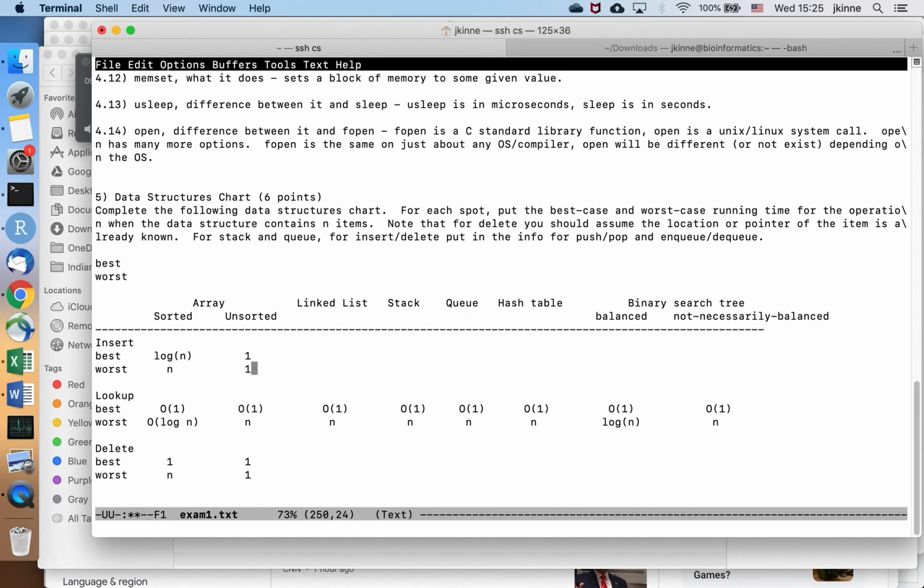All right, let's look at a linked list. Inserting is very similar to an unsorted array. You insert at the head, that's constant time no matter what. That's inserting. Now for deleting. Deleting in a linked list, if you already have a pointer to the thing that you want to delete, you need to update the pointer to